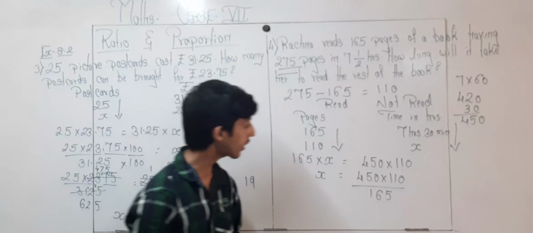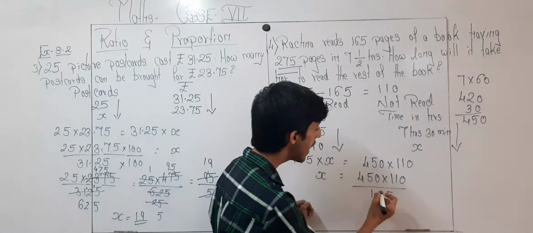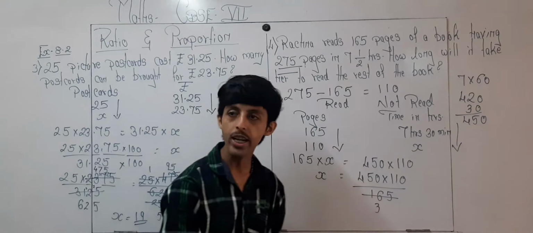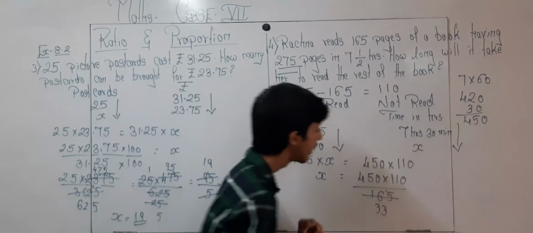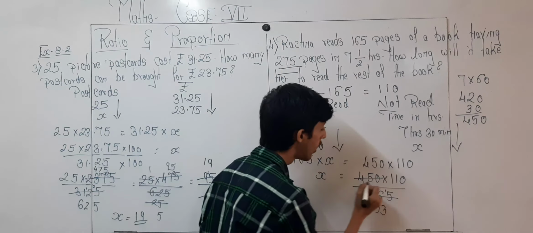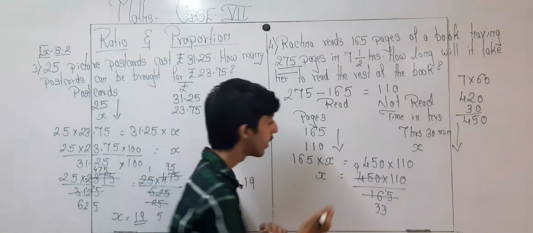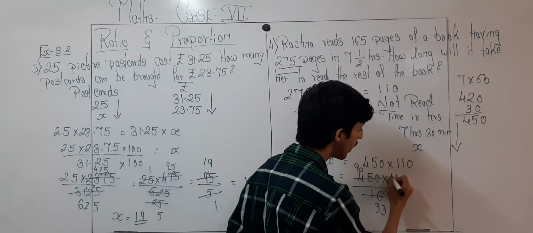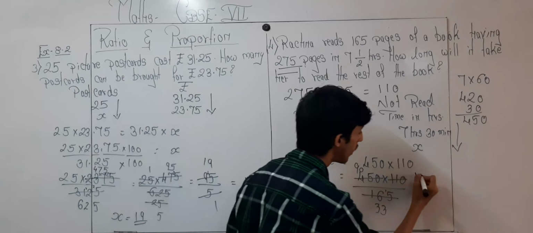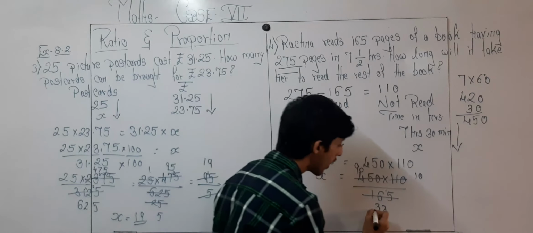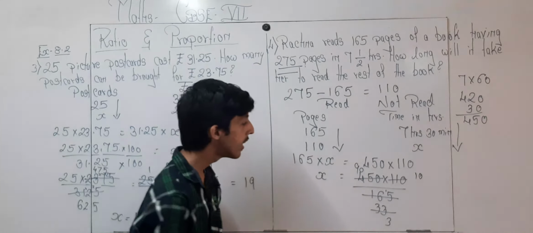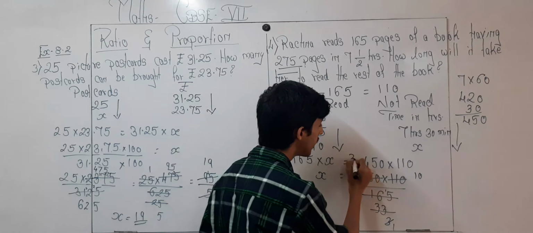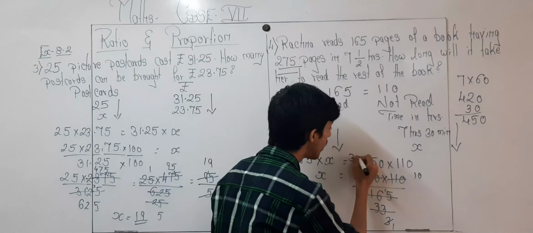Now we will cut it by tens. 5 3s are 15, 5 3s are 15, 5 9s are 45, and over here 0. Now again, 11 1s are 11, 11 over here 0, 11 3s are 33. Now again 3 1s are 3, 3 3s are 9, and over here 0.